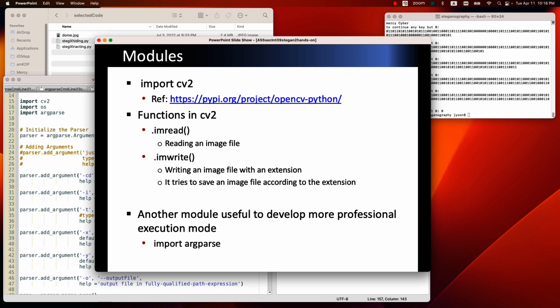But we prefer to save it as PNG files. In a later slide, we explain why PNG is a little better image format